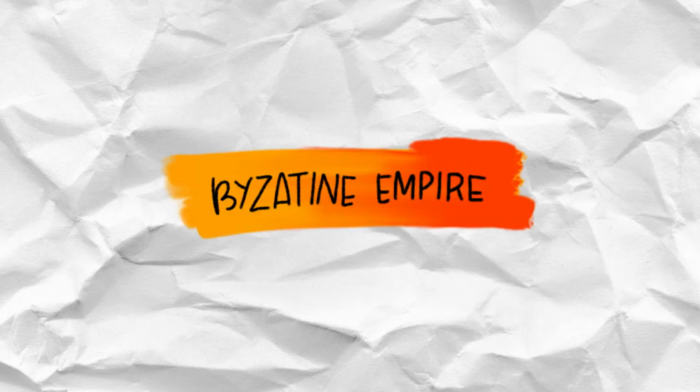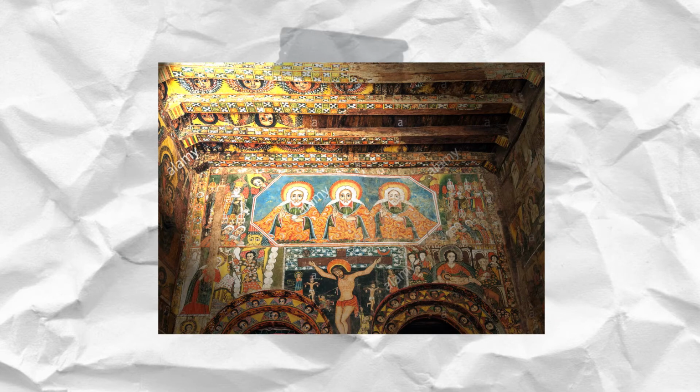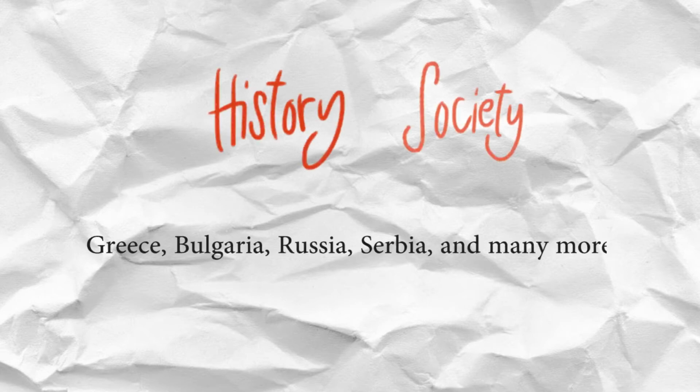To sum it all up, the Byzantine Empire influenced many cultures, primarily due to its role in shaping Christian orthodoxy, which was evident in the art forms that they created during those times. The modern-day Eastern Orthodox Church is the second largest Christian church in the world. Orthodoxy is central to the history and societies of Greece, Bulgaria, Russia, Serbia, and other countries.